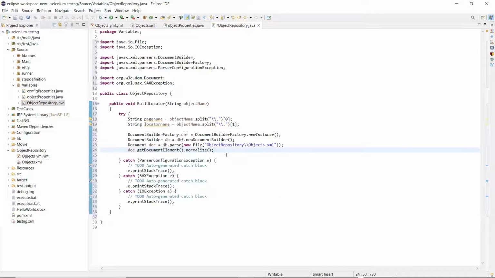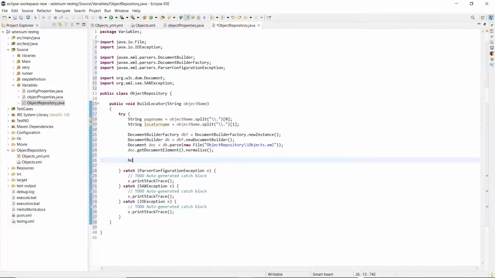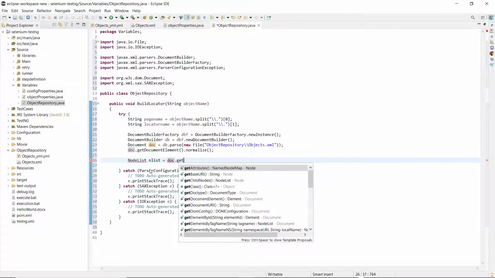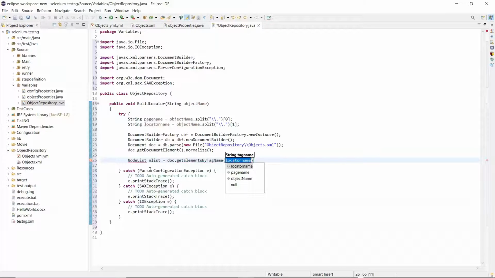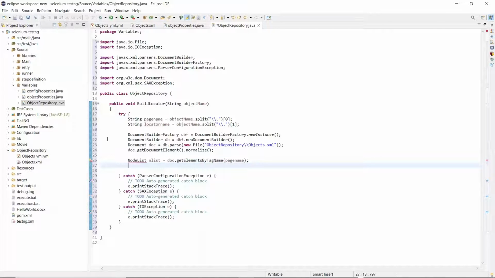And after that, let's create an object of NodeList, and we'll get the node by using doc.getElementsByTagName and then pass the page name. So this will return our page node. As we have unique pages in our object repository, only a single node will get returned.